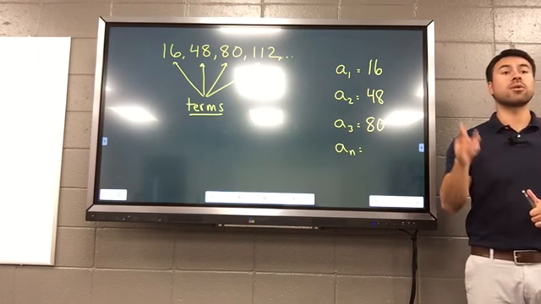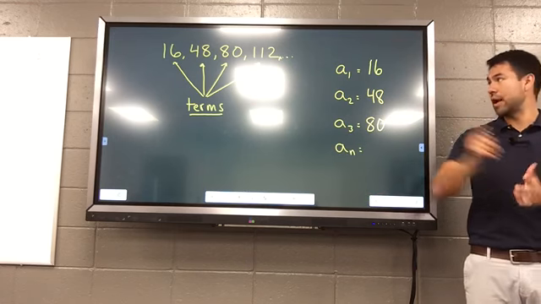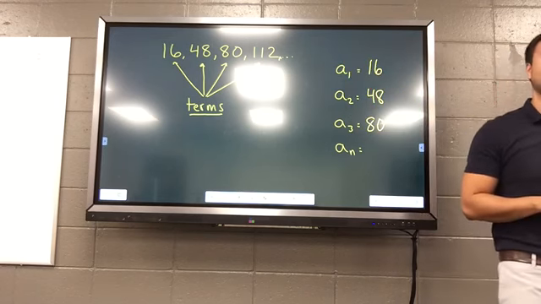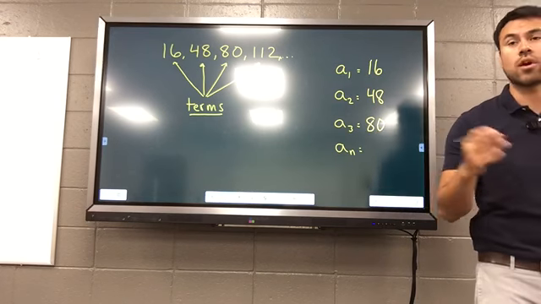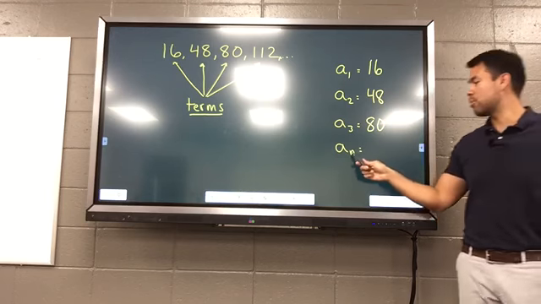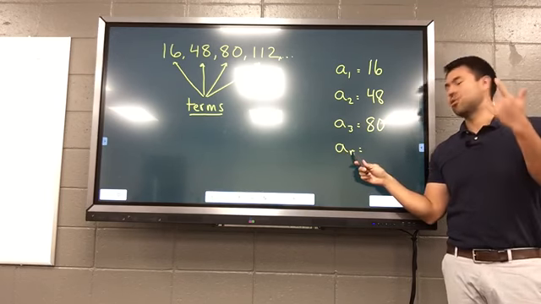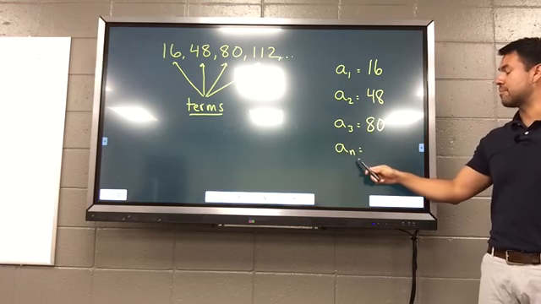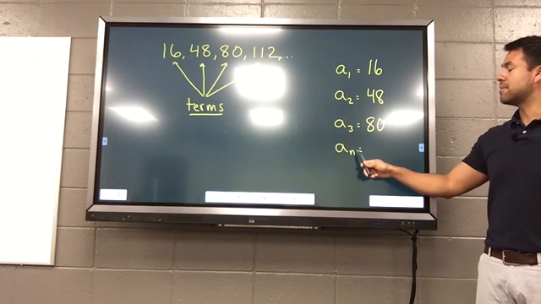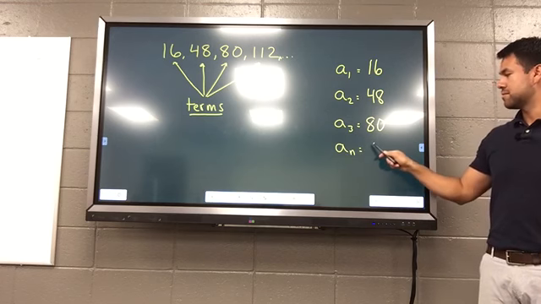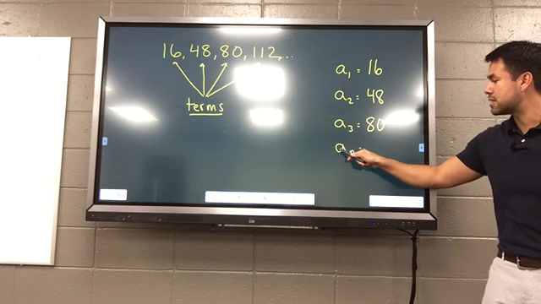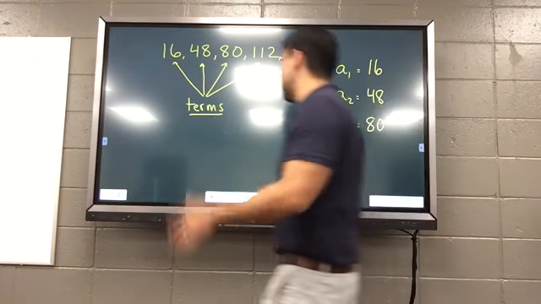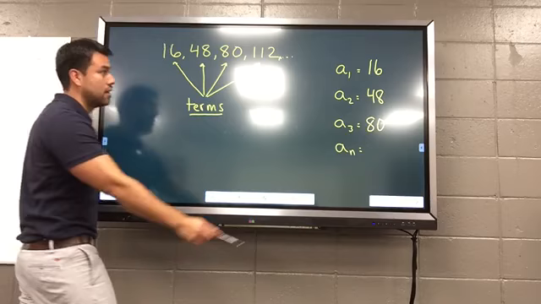ask you for the 10th term. Do I have the 10th term up there? No, you have to figure it out. And sometimes I'll ask you for the 50th term or the 211th term. So what would I replace n with? 50 or 10 or 211? You just replace it with that. So here's what I mean. What's the fourth term? If I was looking for the fourth term, I would say A sub 4, and then I put 112. This stands for any of them based on whatever I want to look for in this problem.